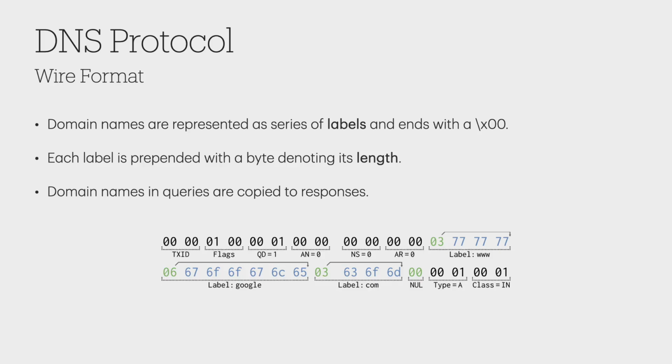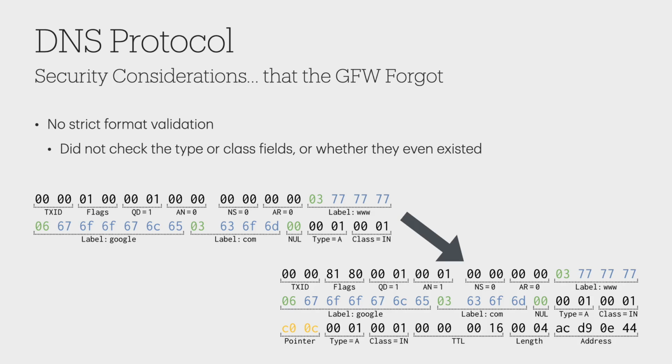The RFCs of DNS stated many security considerations for parsing the wire format, such as, the parser should check whether the length field exceeds the packet. Bleeding Wall was caused by similar parsing flaws. One of the DNS packet injectors of the Great Firewall violated several security principles. The first flaw is that it did not strictly check the format of DNS requests, possibly for faster processing. It responded to any queries containing a blocked domain regardless of the type and class fields.